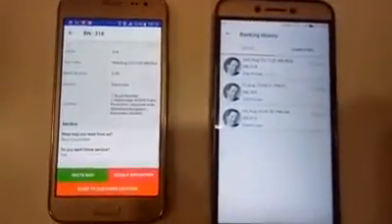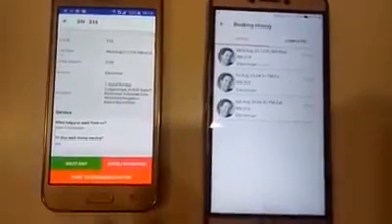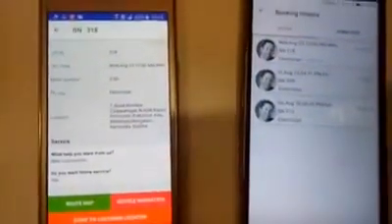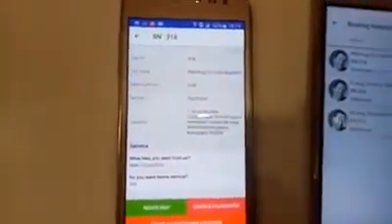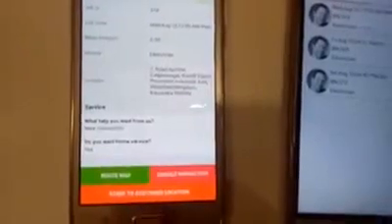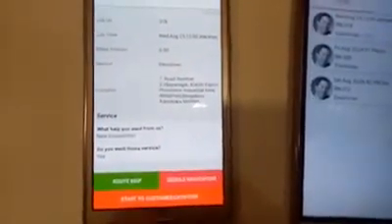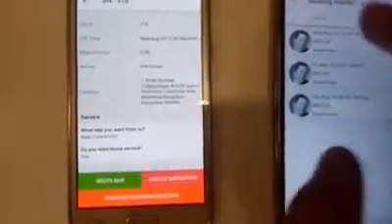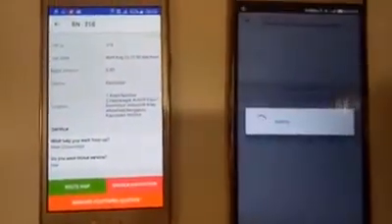Madhu will have an option here in the service provider app. You can see Madhu has an option to start to customer location. Once he clicks start to customer location, as you see, Madhu has clicked on that.